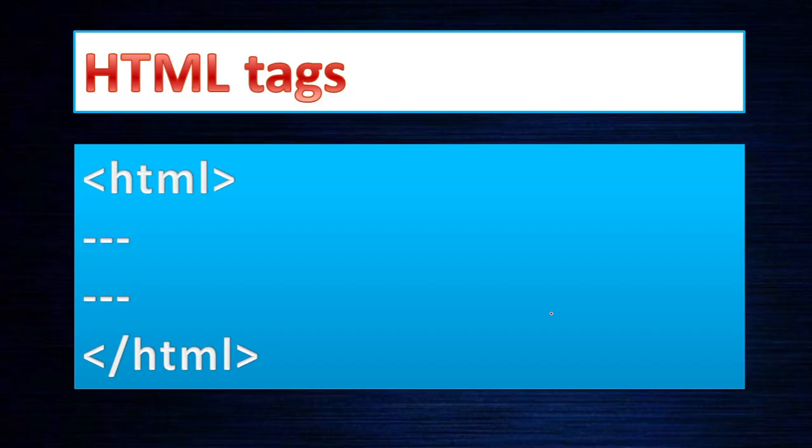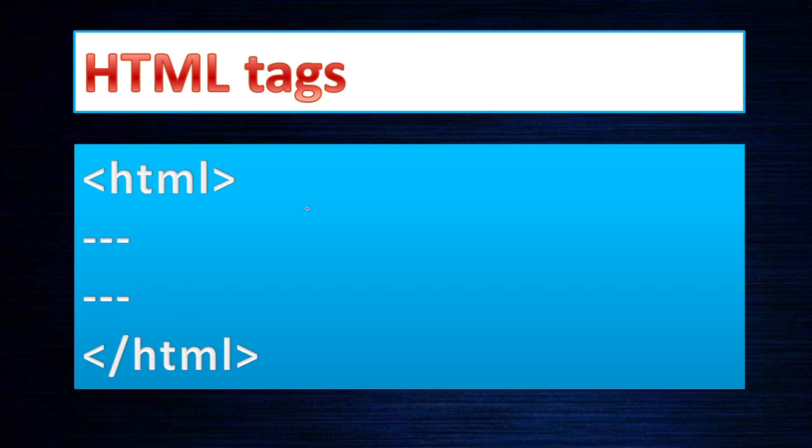So let us recap some tags which we already know. In HTML language, we call the command a tag. So here is an HTML tag, and the closing HTML tag. We know why we are using this, because this is to indicate this is an HTML page, right? Even without this the page works fine, but it's better to specify them.